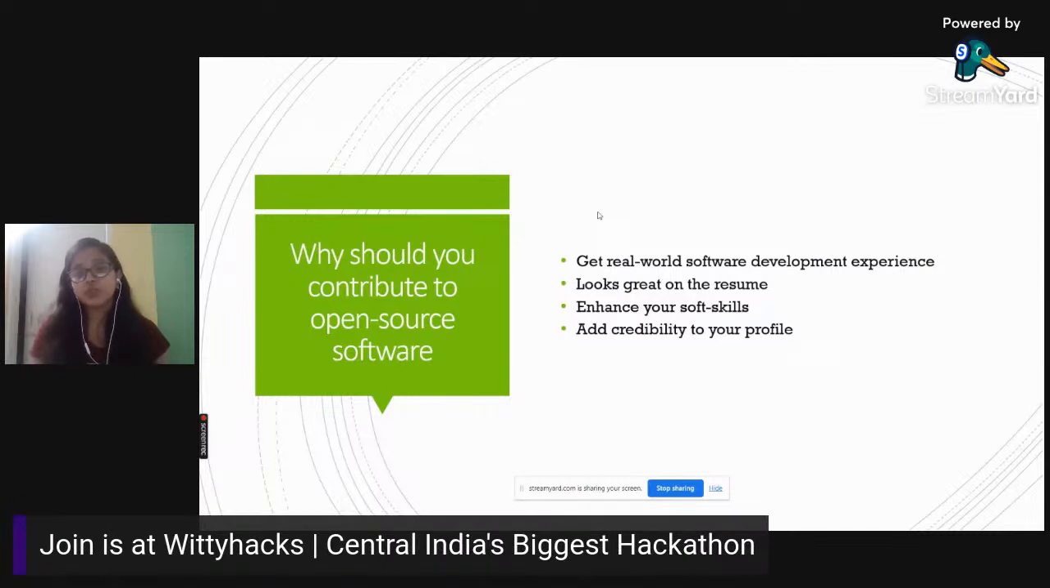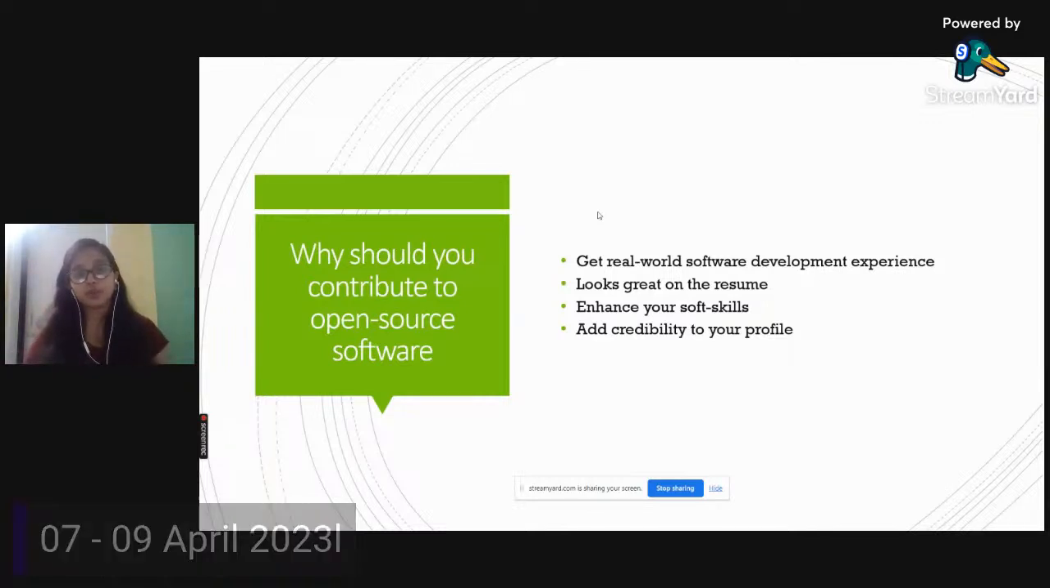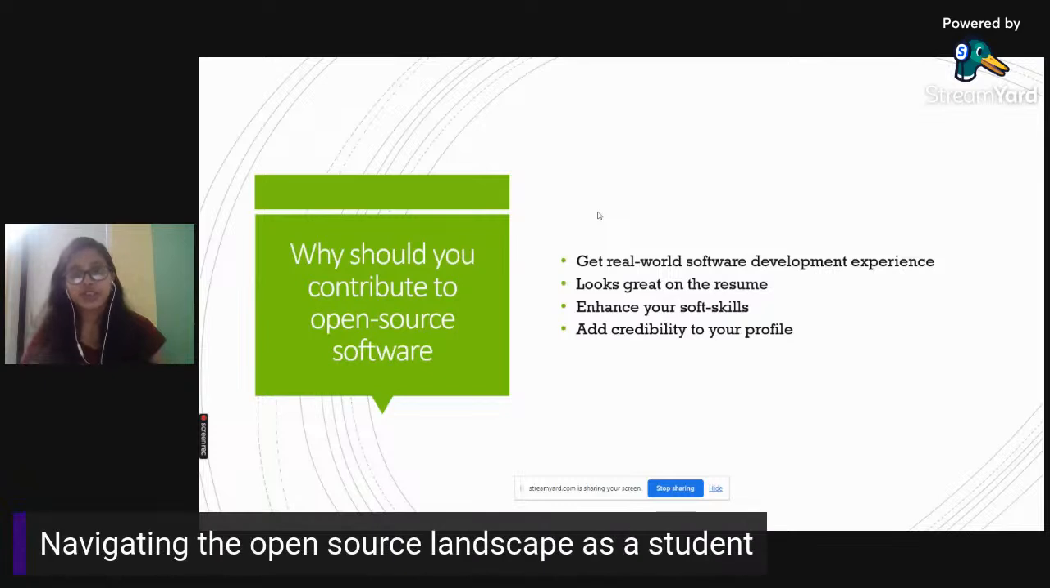Moving on, it gets you some real world software development experience. As a student, we often get a lot of rejections from internships and other opportunities saying that we need some experience. So that's where open source comes into play. Contributing to open source projects actually helps you get real world software development experience and contribute to code bases of projects that are used by people from all around the world. And of course, it looks great on your resume that you have contributed to a project that is used by